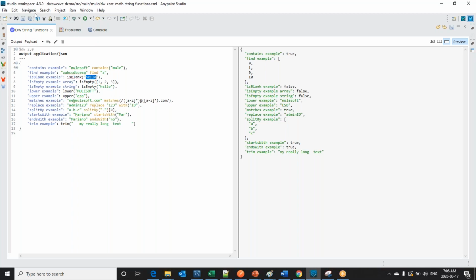And coming to isEmpty, it helps us check the size of an array, like whether the array is empty or not, or even string values too. If you see isEmpty of the value, it would be false because it is there, right? Now let me remove the value. Now it became true. Let me supply a null value.